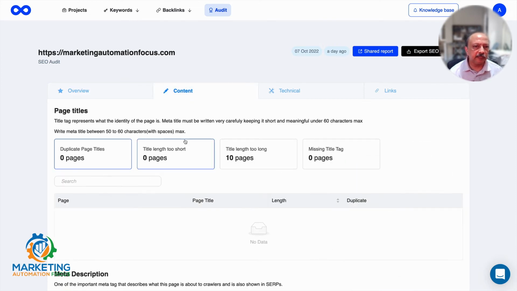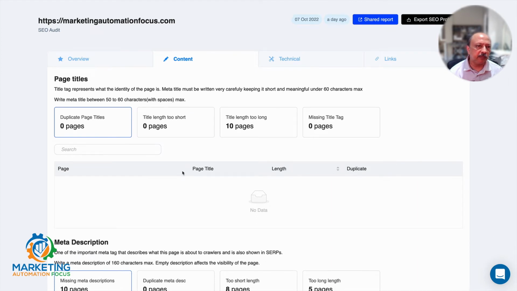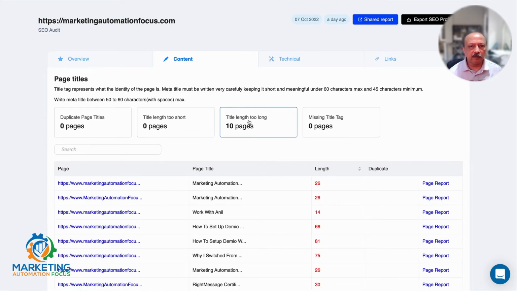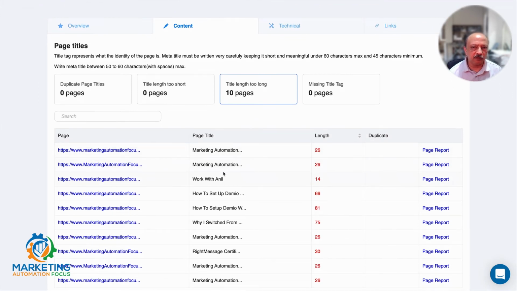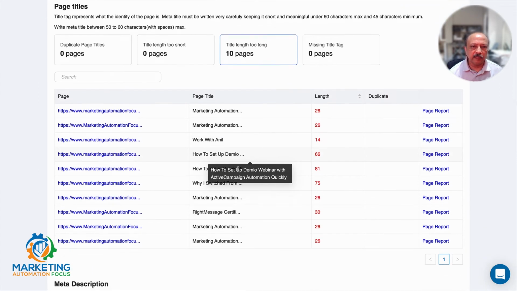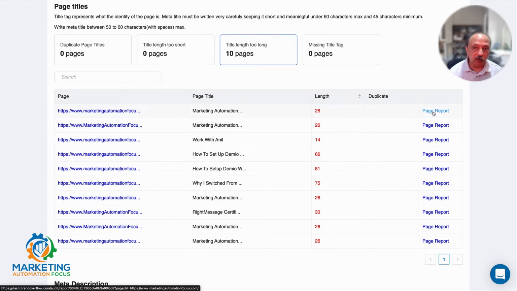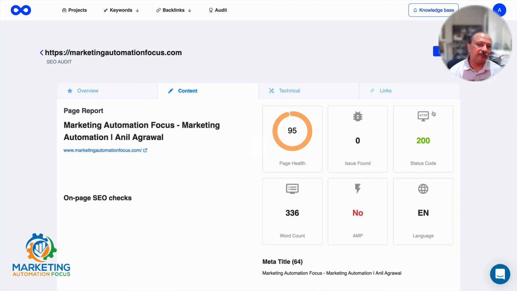And then for content, this one by default has the duplicate page title selected, so it can fool you. But if you click on title length too long, and there are 10 pages, it tells you 10 pages, and then which are the pages and what's the length. So that's important. A lot of times some tools probably don't tell you. And then when you click on page report, then you get details of that page